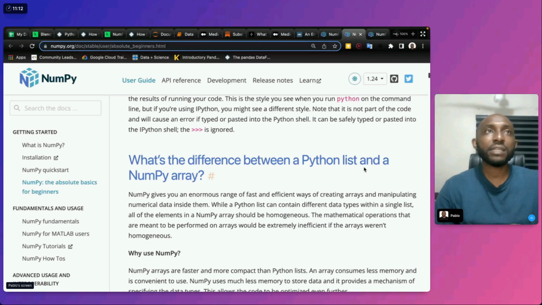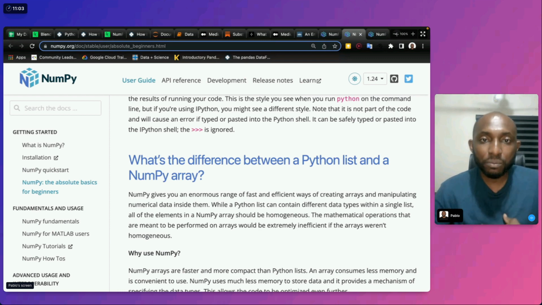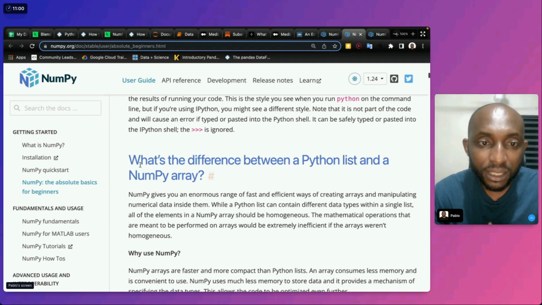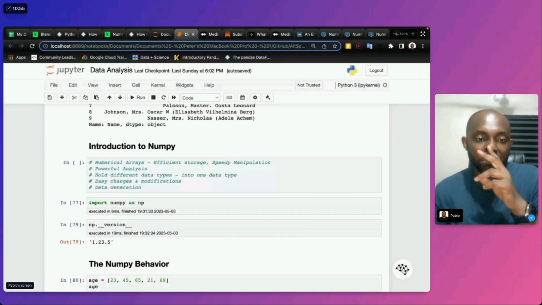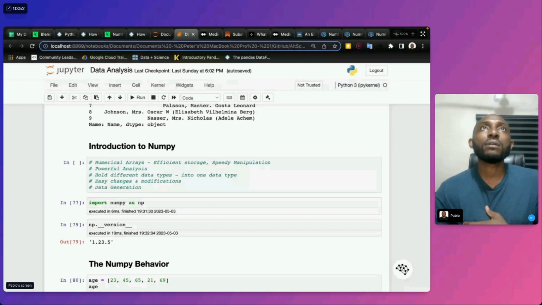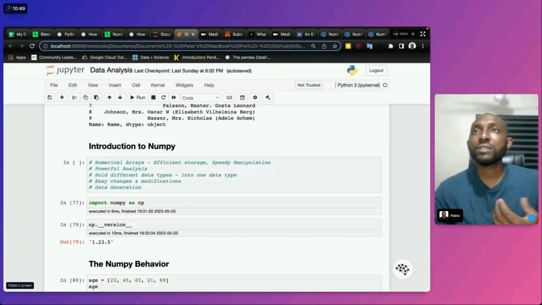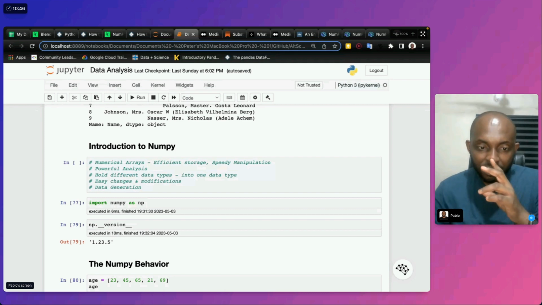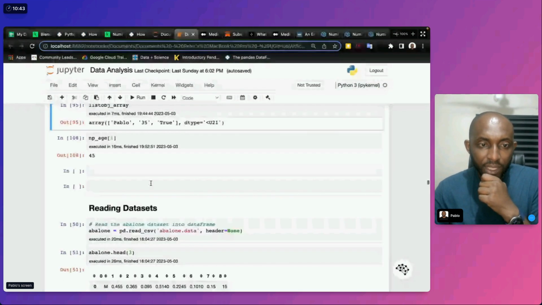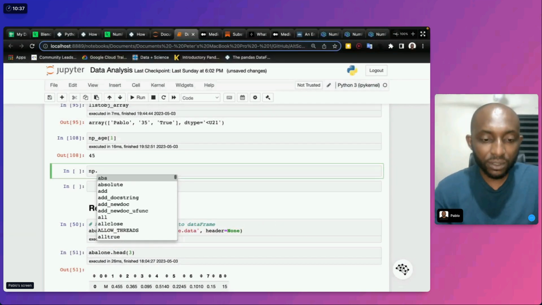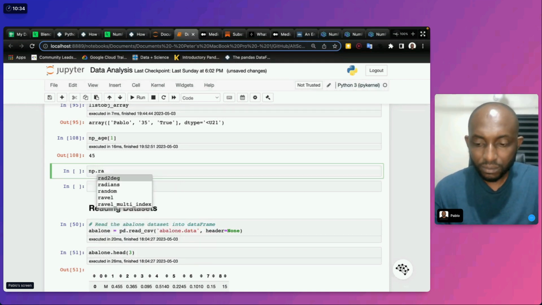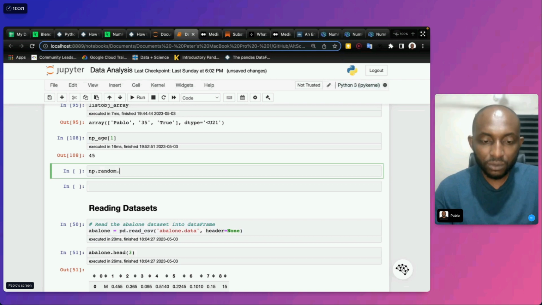You can create arrays from scratch, where you choose the kind of numbers you want. Like I told you, the part I talked about is data generation. NumPy has functions that can help you do that. For instance, there is np.random.random.